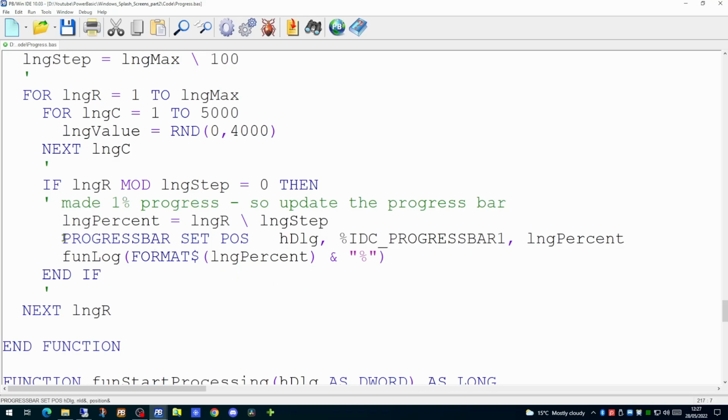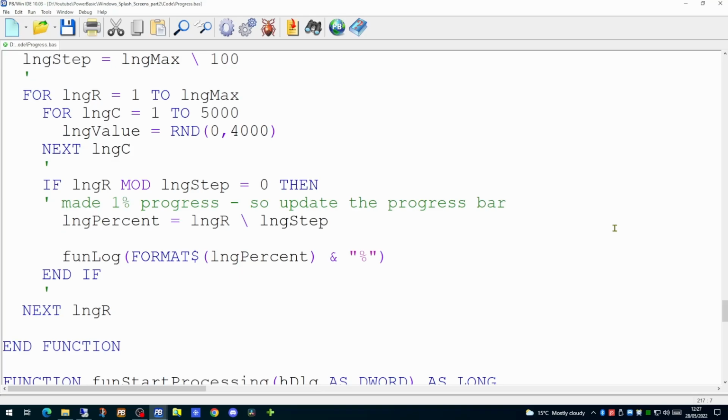We're going to take that out and we're going to replace that with a post command. We can use the dialog post command to post back to our progress event. Since we've calculated the value of long%, which is the percent complete of our function, all we need to do is dialog post, the handle of the dialog, the event which we're calling, and then 2 further values. We only need the first value, the wparam in this case, which is the percentage value. The dialog post command sends a message back to the event handler of our dialog, and then continues immediately on to the next line of code.